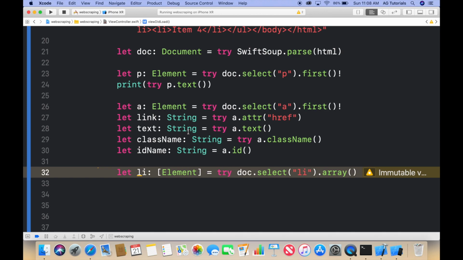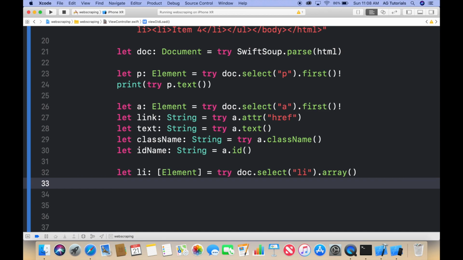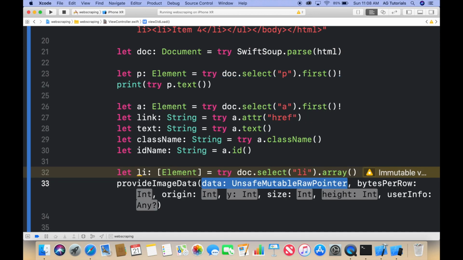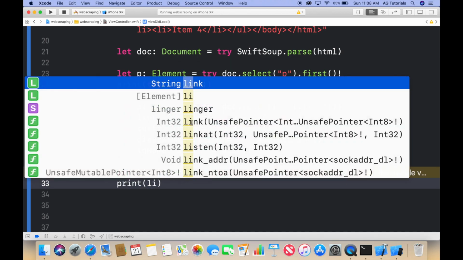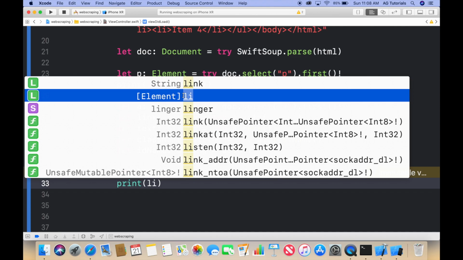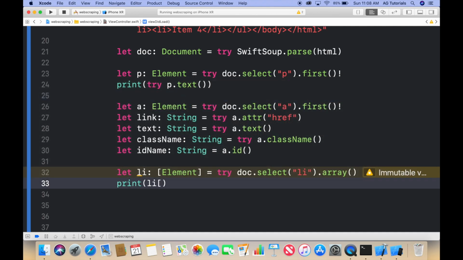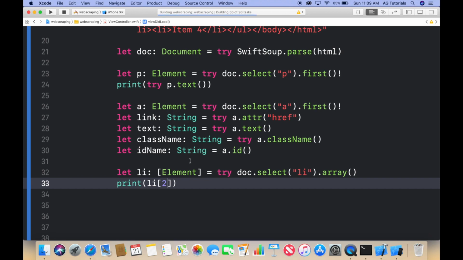So now if I want, let's say, the third one, and remember since indexes start at 0, if I want the third one, it's actually the index of 2. So I can say print list item, which is now, as you can see, an array of elements, and then I can specify the one I want, which is the third one. And of course I type in 2 because 0 is the first one, 1 is the second one, 2 is the third one. And so now if I were to run this,